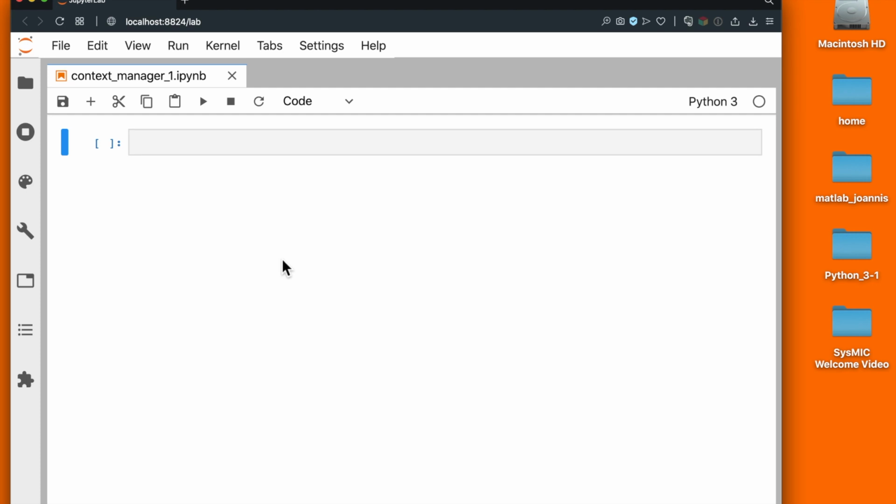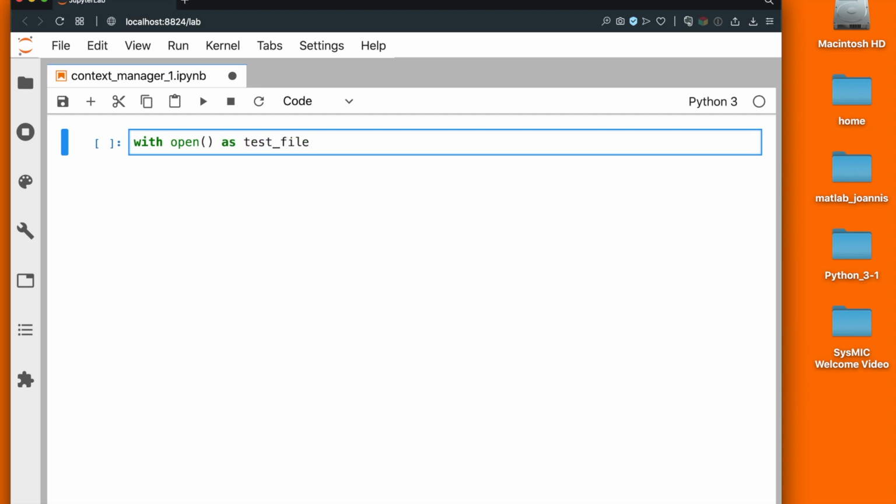Hello, I'm going to show how to use the context manager in Python in order to read information into a piece of code or conversely to store information in an external file on your computer. So let's first look at how to use the context manager to read a file, and I'll start with the syntax. Syntax is with open, round parentheses, as